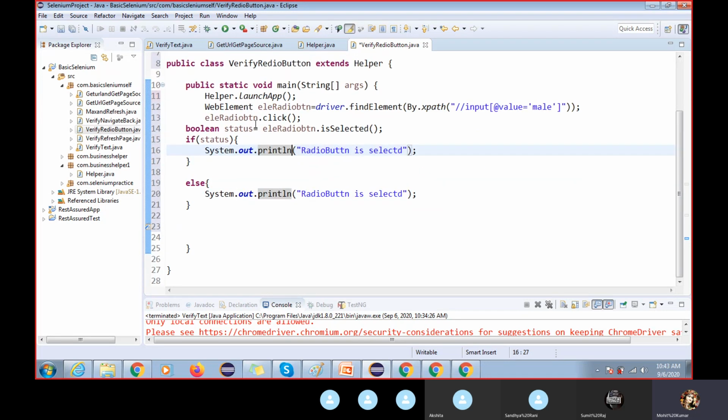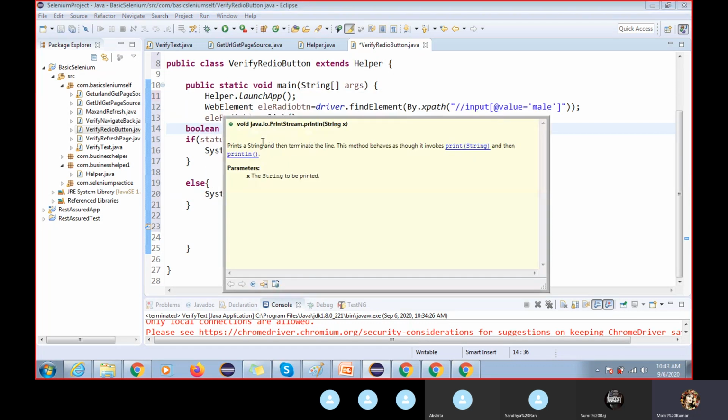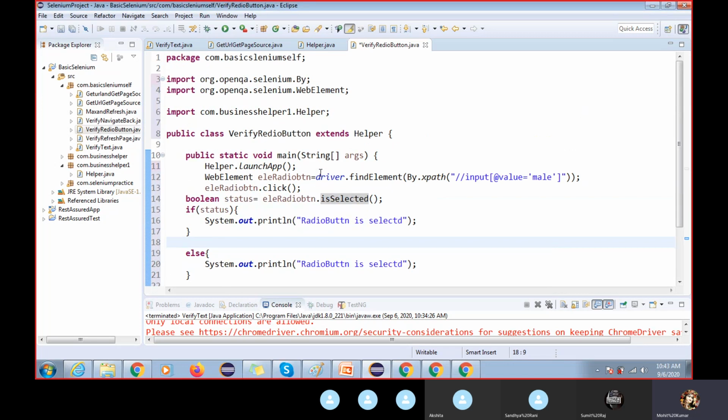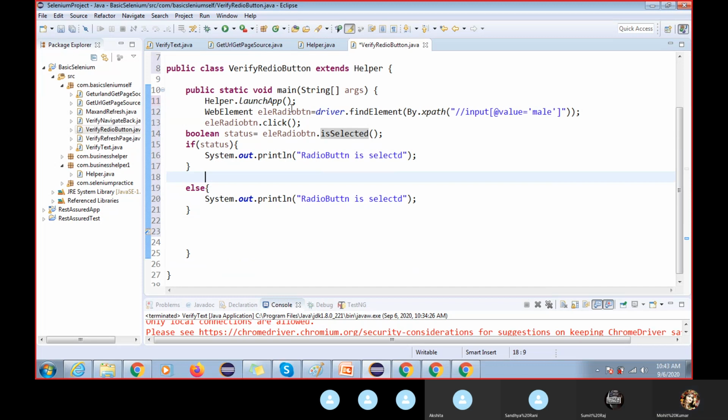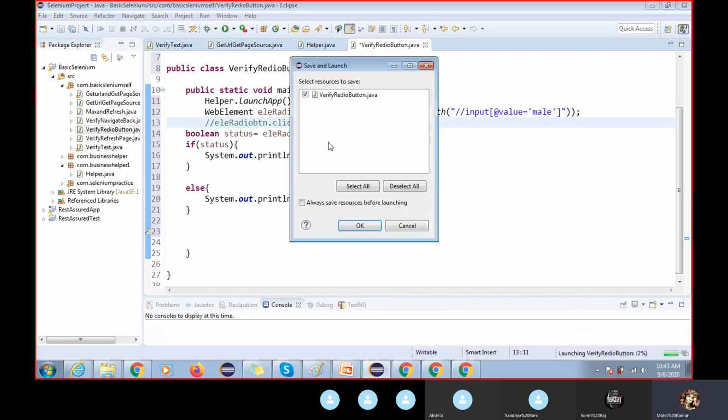If you want to see what the println method is, you can go through the documentation. If you have any doubt in this code, you can go through the official documentation and check what actually it is. If you mouse over, we can get this documentation over here also. Prints a string and terminates the line. You can see it is accepting a string value, right? Like that, if you are not able to understand how to do something, you can check. Now I'm not going to click here, and I'm going to execute. Let's see what the output will be.